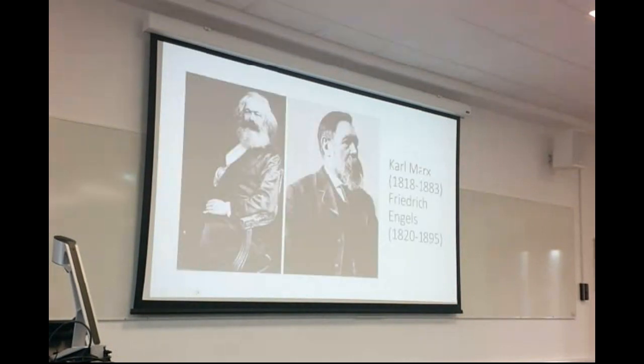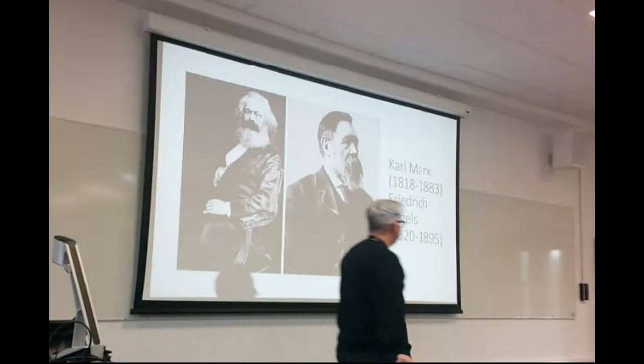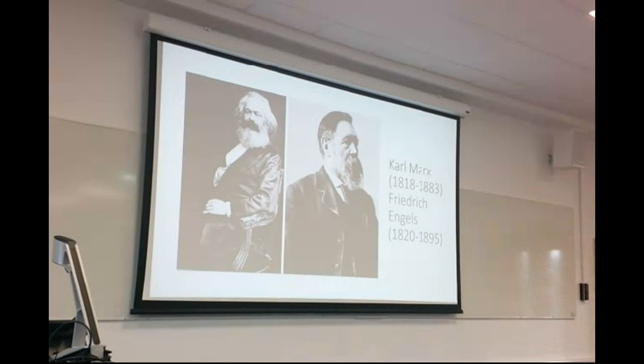Okay, so here are the two key figures. Karl Marx and Friedrich Engels. If anyone's ever tried to read Karl Marx's work on his own, say Das Kapital or the Grundrisse, what you will note is that Karl Marx is a horrible writer. Reading, for example, Das Kapital, his major work, is a bit like being pummeled over the head with a manhole cover for several hours continuously. It's grim, his prose is turgid, and his ideas are quite frankly poorly illustrated. Shame, because he's got some good things to say.